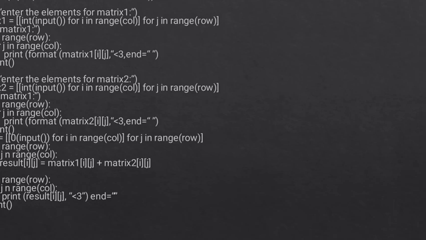incremented over the row and column numbers which we specified in the beginning. Then we type print format matrix ij less than 3, and an empty string. The format is to leave equal spaces between the elements, and end is equal to an empty string to keep control over the same line, because we don't want the numbers to be printed on the next line. We want all the numbers to be printed on the same line when we type row and the columns, and